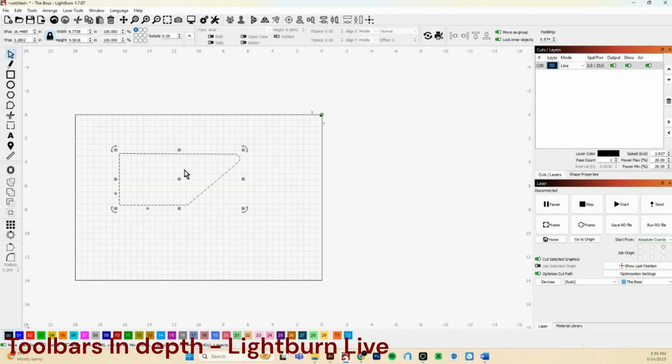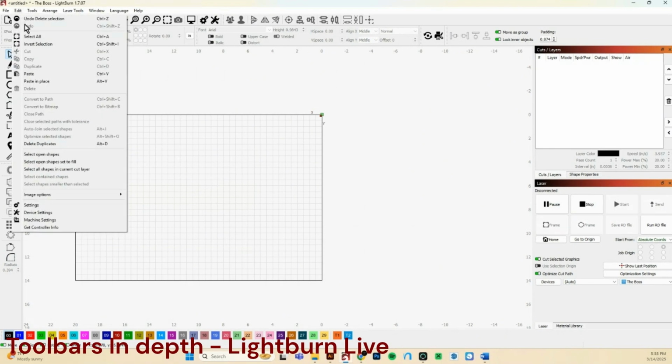With that, the other thing we see is convert to bitmap. Again, that's going to go hand in hand with imaging, so we'll get into that a little later. Closing paths, closing selected paths with tolerance, auto joining shapes, and optimizing. These all have to do with